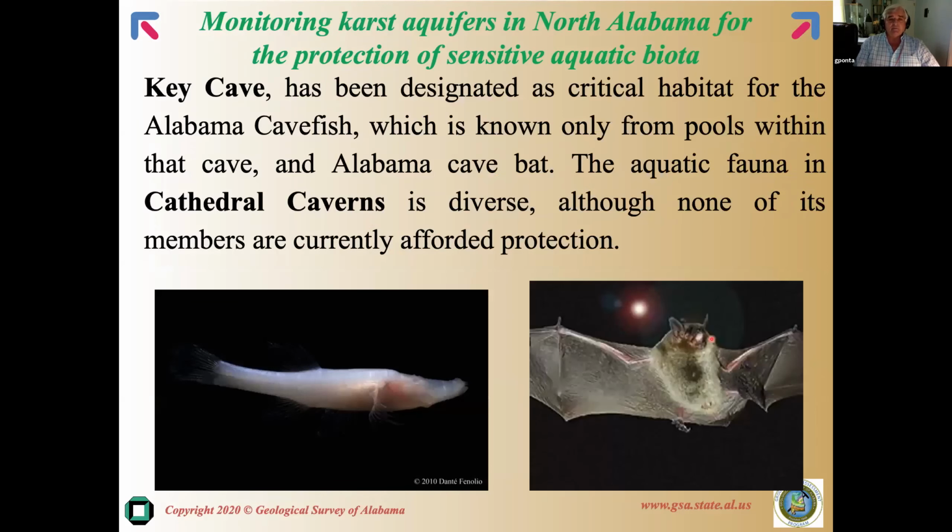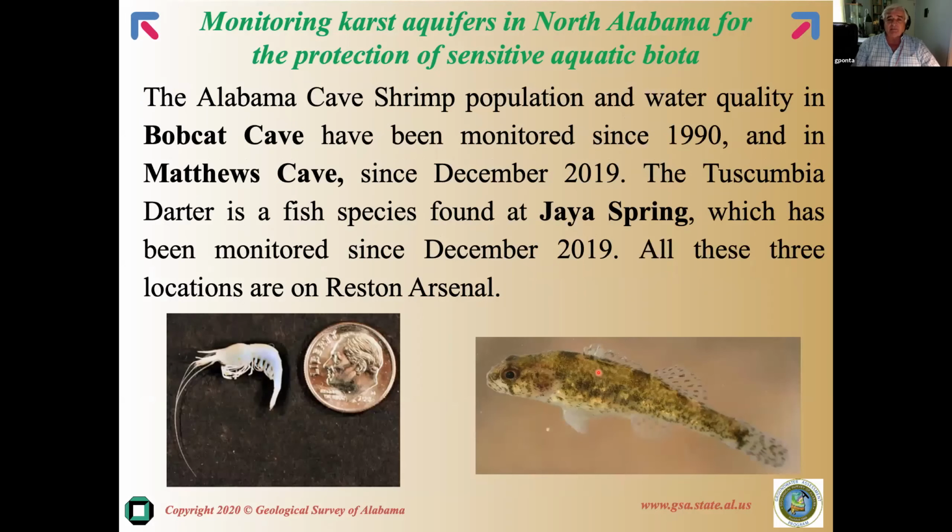Key Cave has been designated as critical habitat for the Alabama cave fish. The cave fish is here, which is known only from pools within that cave, and the Alabama cave bat. The aquatic fauna in the second cave, Cathedral Cavern, is diverse, although none of its members are currently afforded protection. The Alabama cave shrimp population, you see the shrimp, it's a little bitty one, and water quality in Bobcat Cave